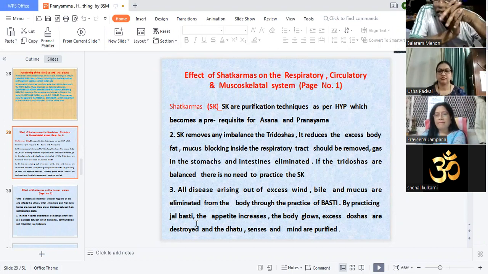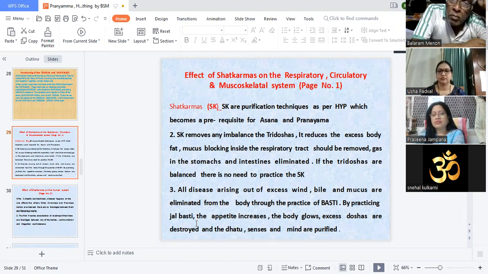Shat karmas are purification techniques as per Hatha Pradipika. It becomes a prerequisite for asanas and pranayama. Shatkarma removes any imbalance in Tridosha, Vata, Pitta, Kapha. It reduces excess body fat, mucus blocking inside the respiratory tract is removed, and gas in the stomach and intestines is eliminated. If the Tridoshas are balanced, there is no need to practice the